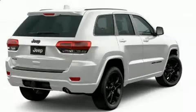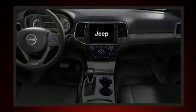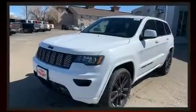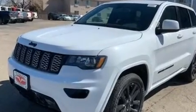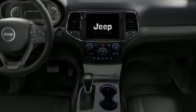Discerning drivers will appreciate the 2020 Jeep Grand Cherokee. It features four-wheel drive capabilities, a durable automatic transmission, and a refined six-cylinder engine. Top features include a split folding rear seat, a tachometer, a trip computer, an outside temperature display, a trailer hitch,